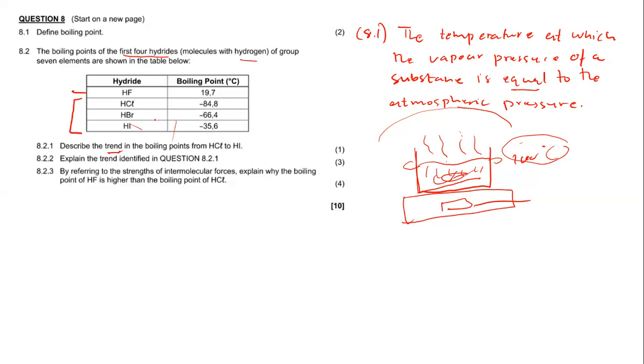This is a simple question because you can see from the graph. So to answer 8.2.1, how do we describe the trend? Look at what's happening with the boiling point moving in this direction: -84, -66, -35. We are increasing. We are not decreasing. Be careful. We are increasing, meaning from this huge negative number to this smaller negative number. That's an increase. Mathematically, we know that, right? We are increasing. So the trend is the boiling point